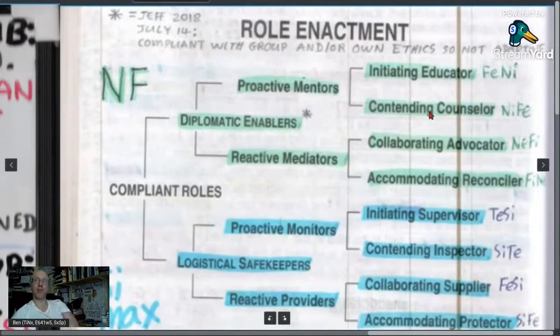But ENFJ can still do that, work one-on-one with somebody. This role is expressive and informing, doing a mediator, so the ENFJ would have to sort of check itself back, be less directive. And this role of reconciler is informing and reserved. Now, ENFJ can do that intellectually, just sort of check themselves back a bit, maybe not be as